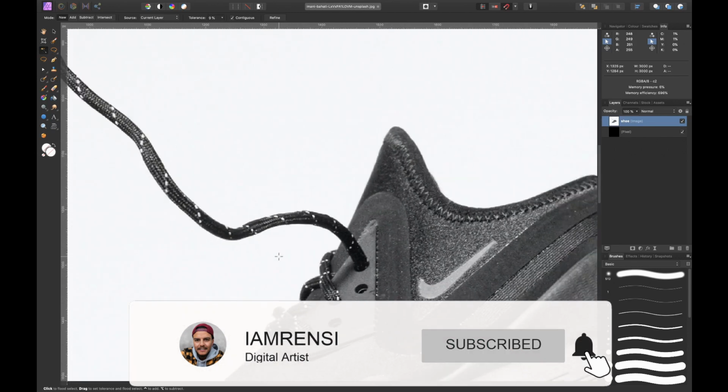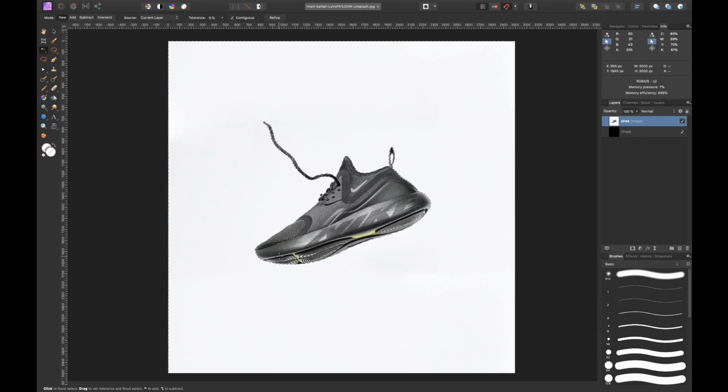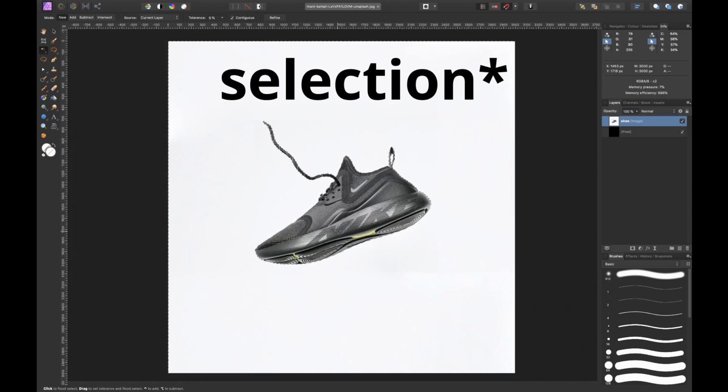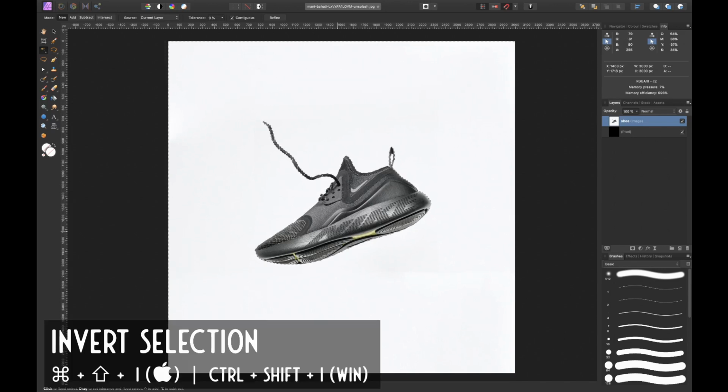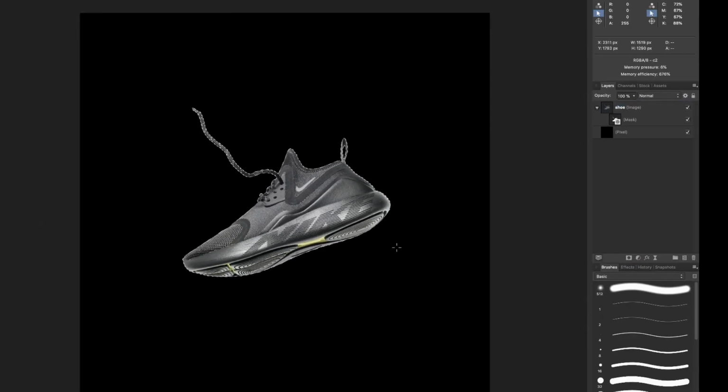Alright, so now we have actually selected the background, and this is something we don't want. We want to select our shoe, so we want to mask out the background. So we have to invert our layer mask first. Let's press Command Shift I. Now I've inverted my layer mask, and once I hit the mask icon right now, you can see that I've